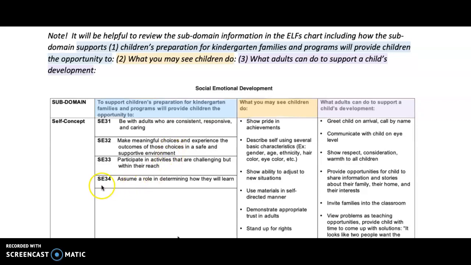Another one, if we come down to the bottom, SE 34, is assume a role of determining how they will learn. This middle column has you asking what you might see the children doing, in alignment with the subdomain